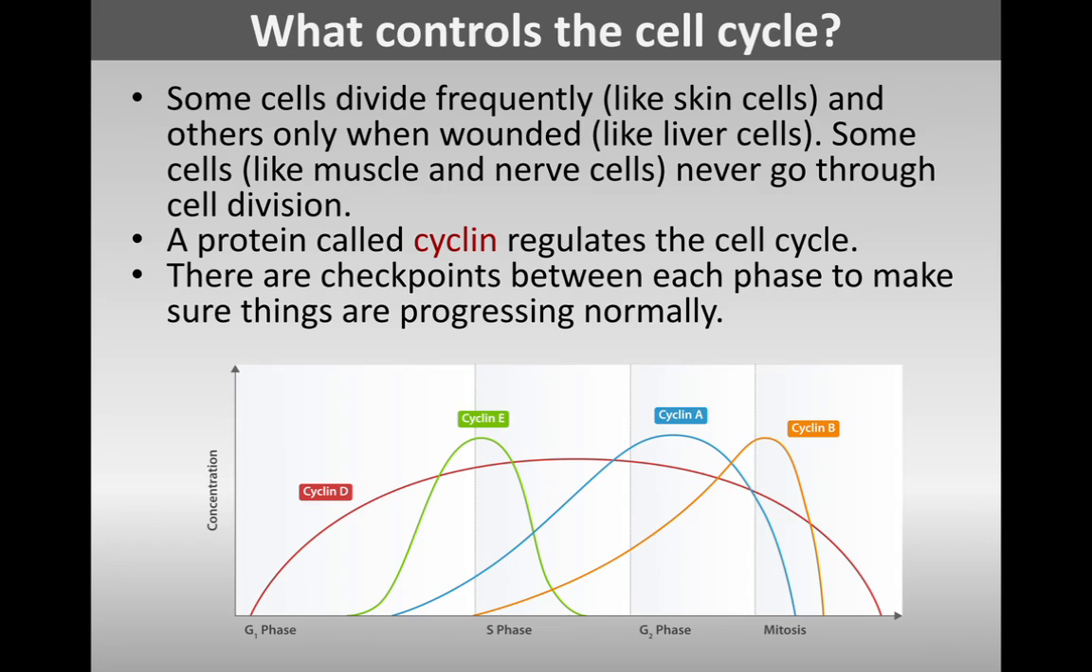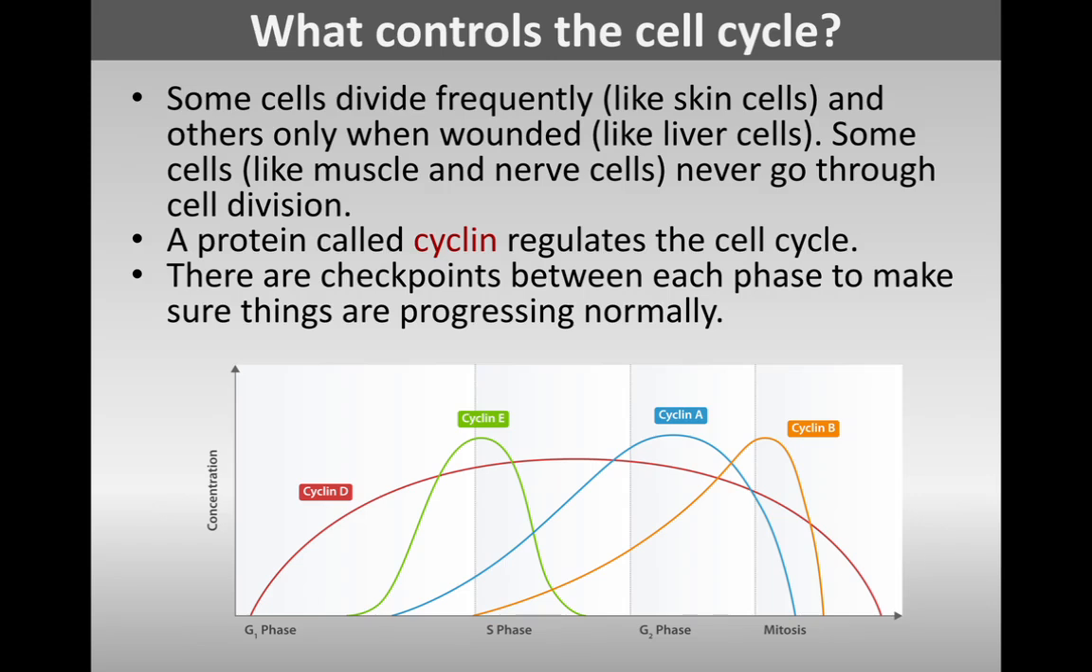So there is a protein in the body called a cyclin, and cyclin is a protein that is going to be responsible for regulating the cell cycle. So once again, everything comes back to proteins in our body. There are different cyclins between each phase of the cell cycle that act as checkpoints. And these checkpoints' job is to make sure things are progressing normally. When they do not progress normally, then the cell has to take action,